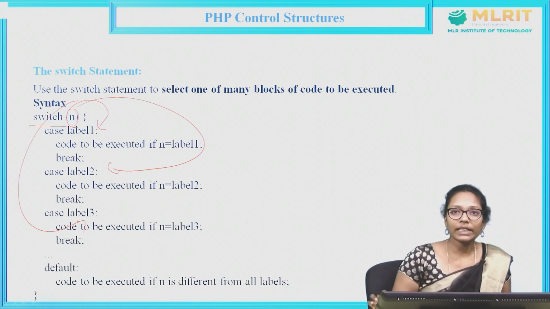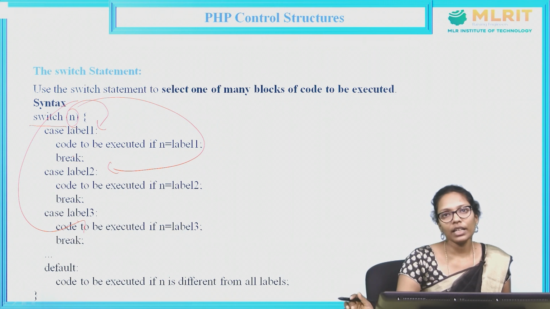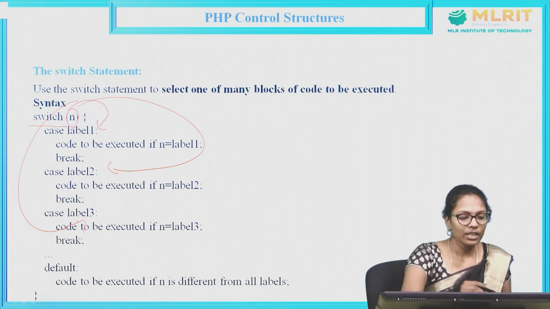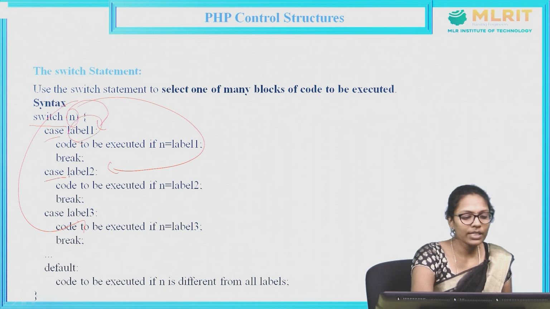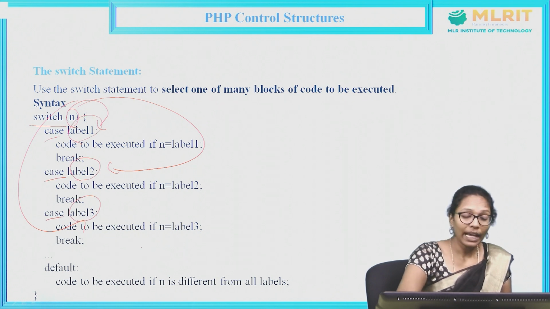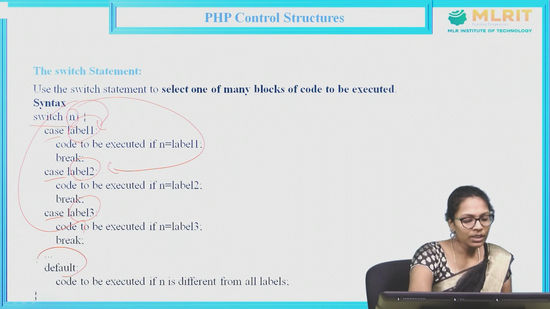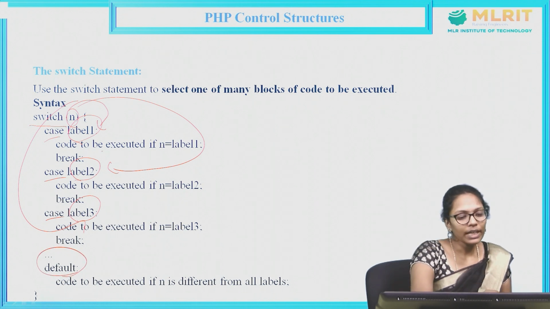So here you are writing different cases. Like in the else if ladder, we write different else if conditions, here we are going to write different cases: case label 1, case label 2, case label 3 and so on. And you are also writing the default case. After writing each case, if the n value matches with label 1, then the first case will